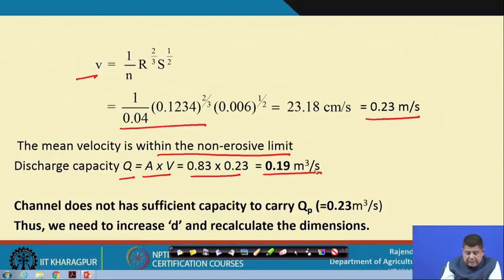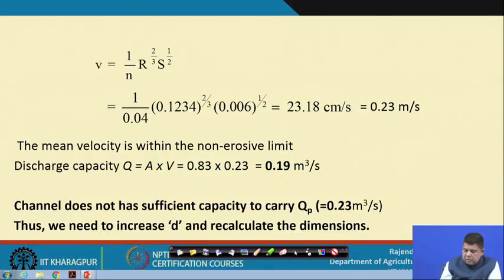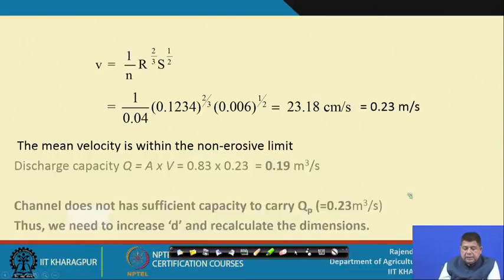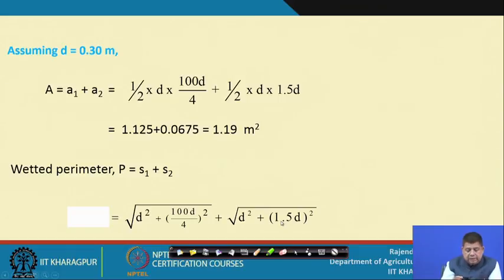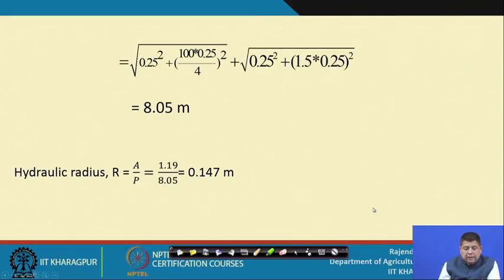The problem is that the channel capacity we are calculating is 0.13, but the discharge we have to handle is 0.3 cubic meter per second. That means the channel does not have sufficient capacity to carry Qp. So, we need to increase D and recalculate the dimensions. So, this is the variation, because this calculated value is not sufficient to handle the desired discharge. So, obviously, then it is just an iteration. So, we will go and change the value, calculate A, calculate P, then calculate hydraulic radius, which new value comes out to be